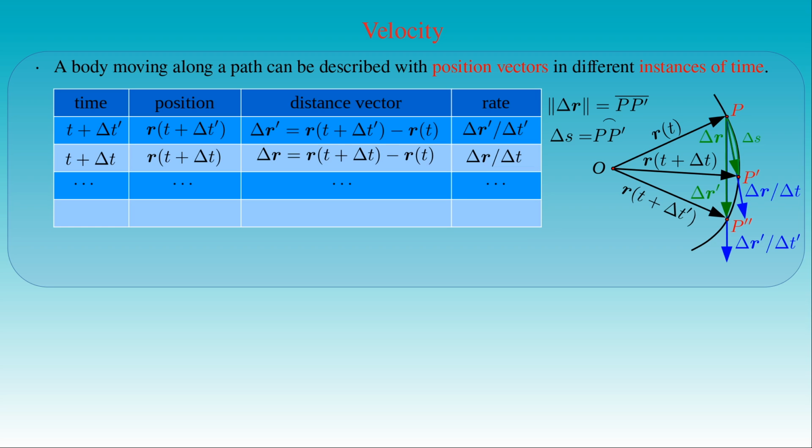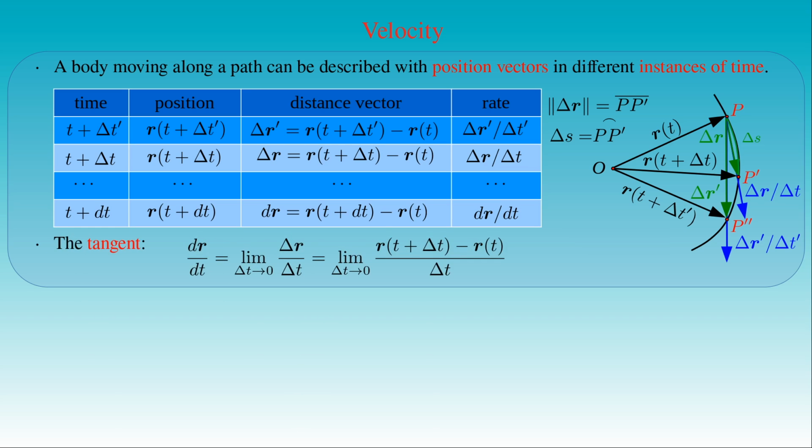In this limiting process we get infinitesimally close to the point P, where we also have the infinitesimal difference dt in time. The position vector will be r(t + dt), and the infinitesimal distance vector dr will be the difference between r(t + dt) and r(t). Then their ratio will be dr divided by dt, which is formally the derivative of the position vector at the point P. As a result, the ratios of the distance vectors approach the tangent to the curve, which is the derivative of the position vector r, as delta t tends to 0.